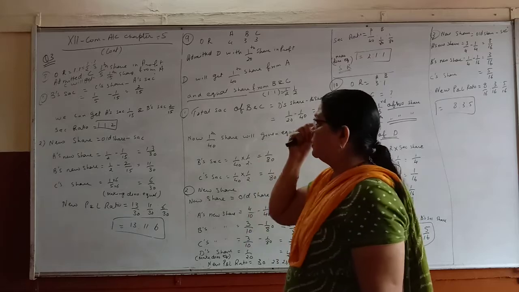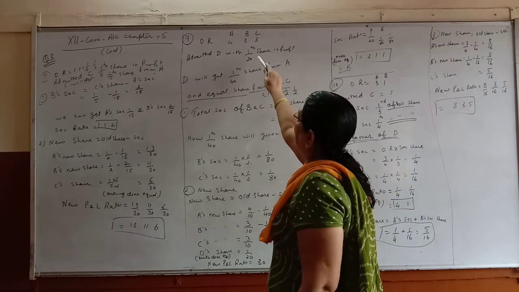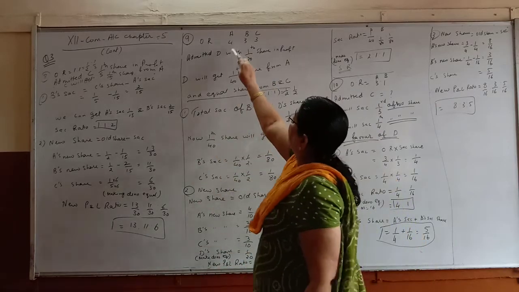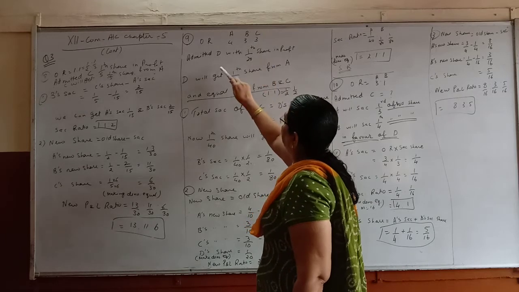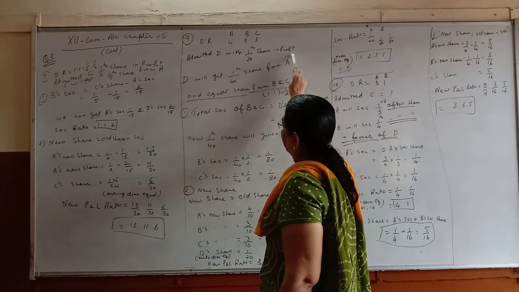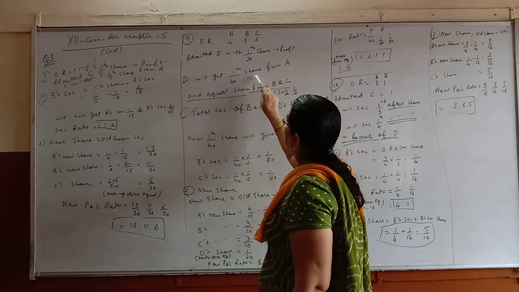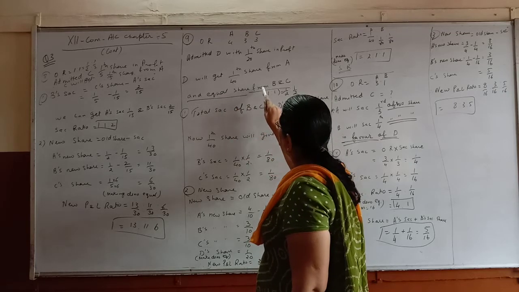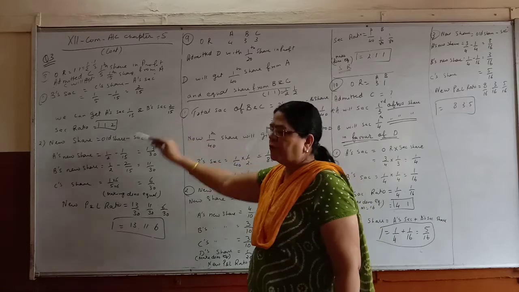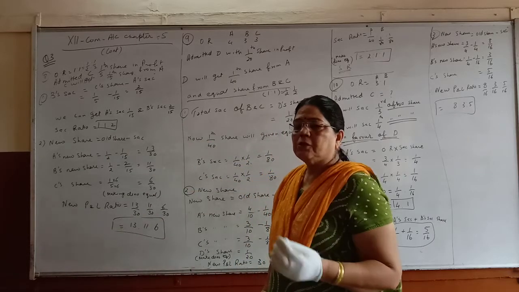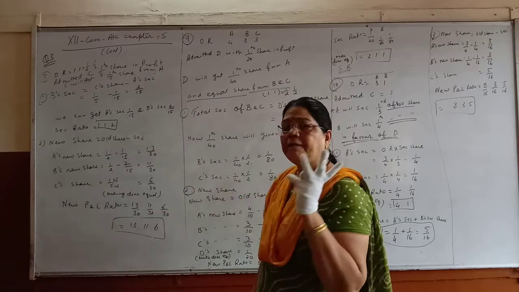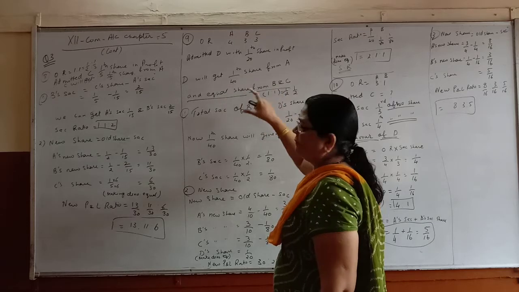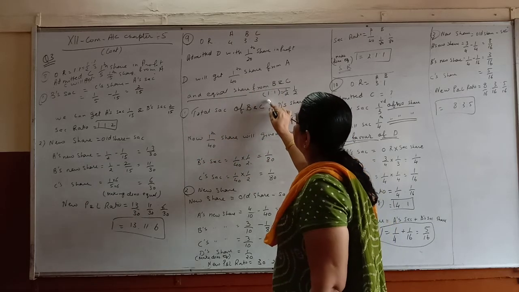In the 9th question, D is admitted with 1/20 share in profit, and the old ratio is 4:3:3. D will get 1/40 share from A, and I have underlined, an equal share from B and C. Here they have not mentioned it directly because in the earlier question there were only 2 partners, so you got the remaining by subtraction. But here there are 3 partners, so one partner will give 1/40 and the remaining part is given equally by the 2 partners.